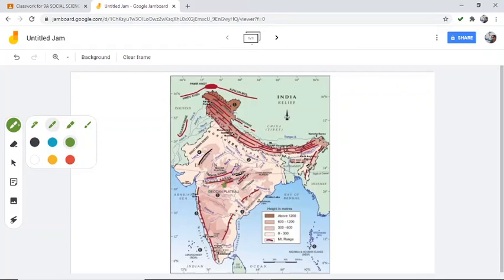The Deccan Plateau is a triangle shaped region. On the eastern side you have the Eastern Ghats, on the western side you have the Western Ghats, and this entire triangle between them is the Deccan Plateau region.